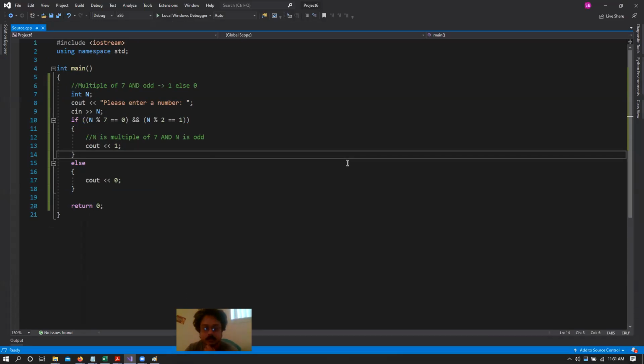Everyone agrees that this code is correct? Any cases where it won't work? I don't think so. Yes.